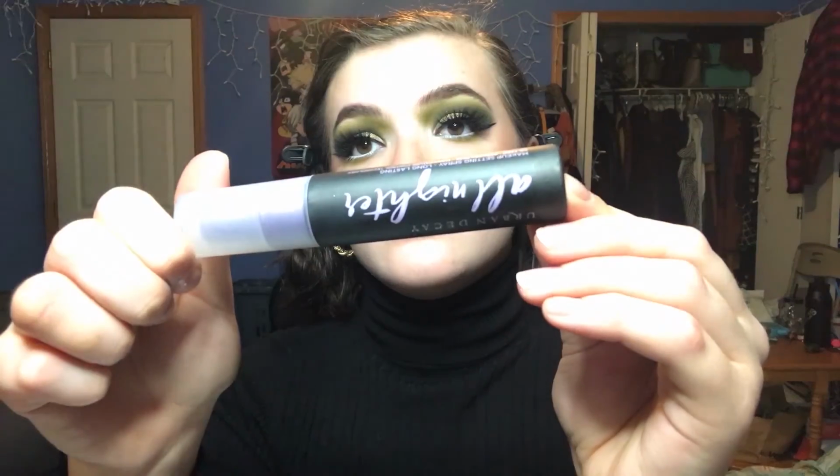Y'all, this is the best highlighter I've ever used. It's exactly what it says, glass skin finish. It is so pretty. It literally just looks like a glow from within. And now I'm just setting my face with the Urban Decay All Nighter setting spray. Now I'm using that same Nabla highlighter and highlighting my brow bone with this small fan brush